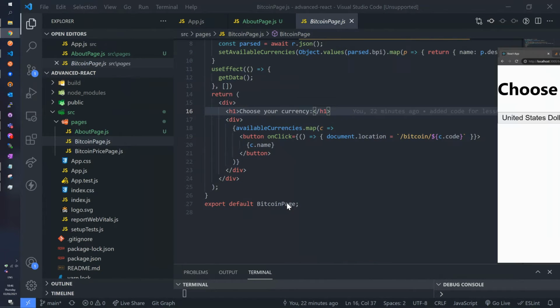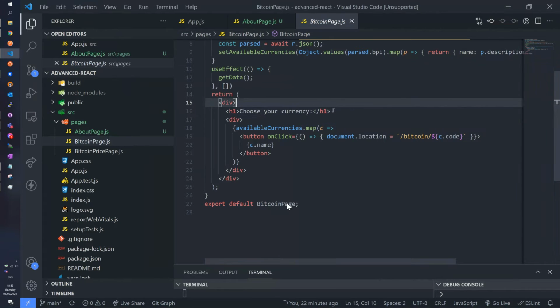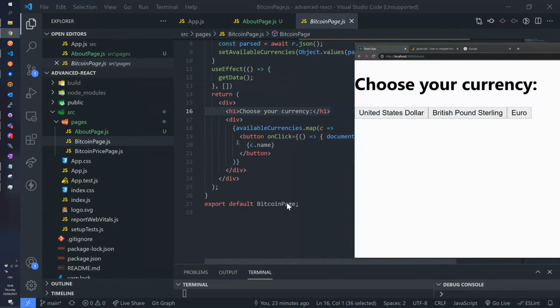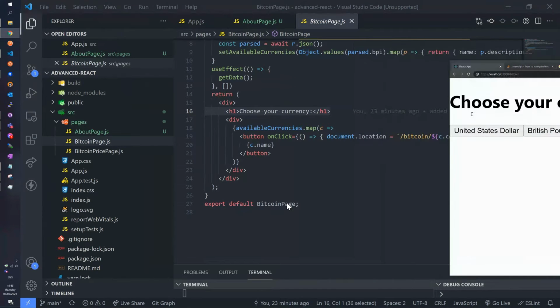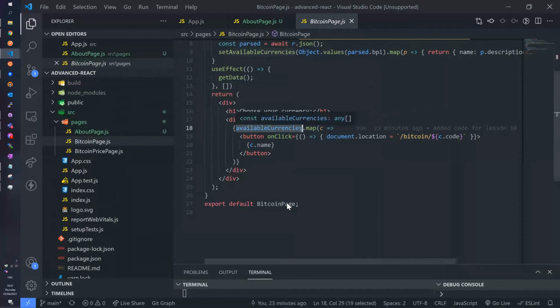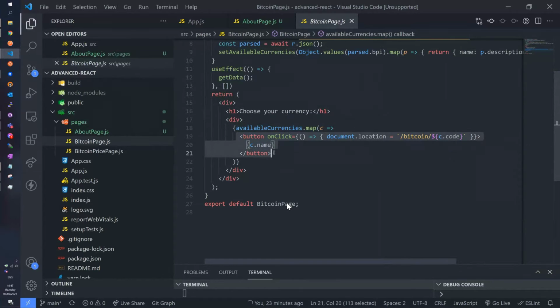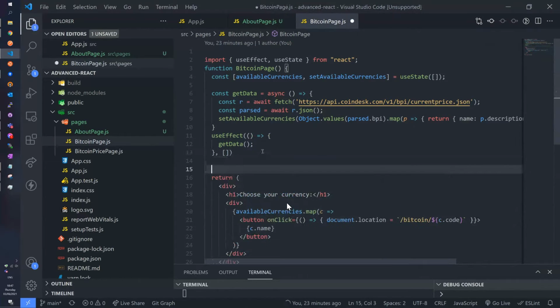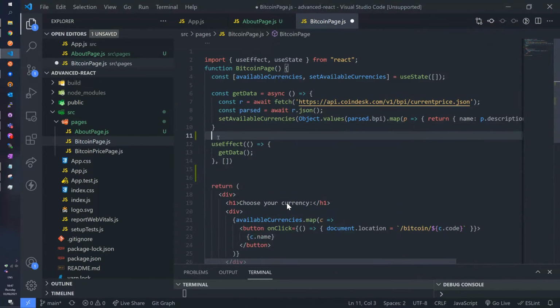Now let's see, where do I take those buttons from? So what I do here, yes, this is a static text that you see, so nothing special there. There's a div, and inside this div, I am looking at a state variable, and I'm creating a button for each of them. So let's see, where do I take this data from? So what I do here, I do if you remember the use effect, there was a quiz question today. Use effect with an empty array.